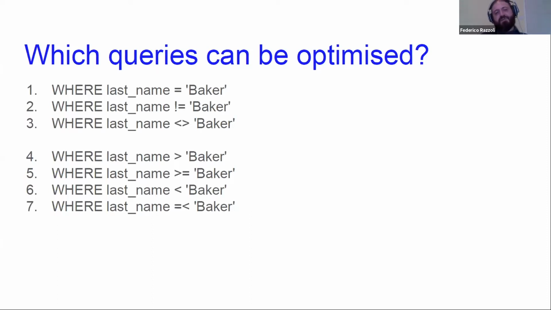So which of these queries can take advantage of an index? If someone has an answer and can write it quickly in the chat, we will check. If not, I will answer for you. Basically, as we already discussed, the first can use an index. The second cannot use an index. Why? Because again, think about the phone books. Can you use a phone book to find all the persons who are not called Becker? Yes, in theory you can, but again, what you will do is to scroll the whole phone book.